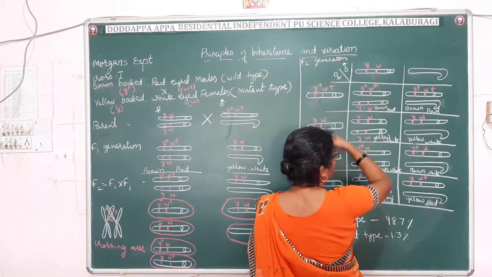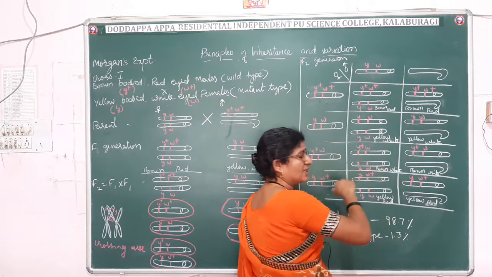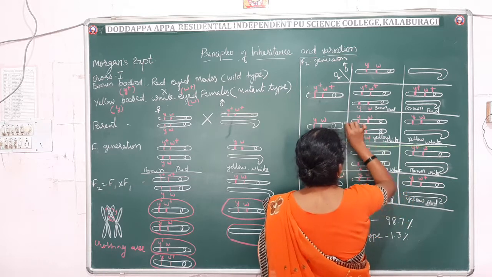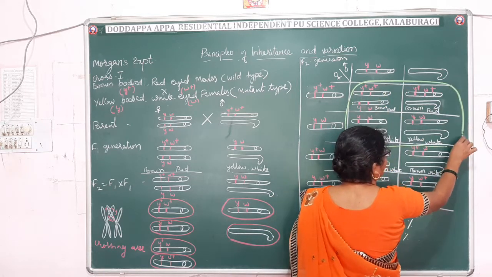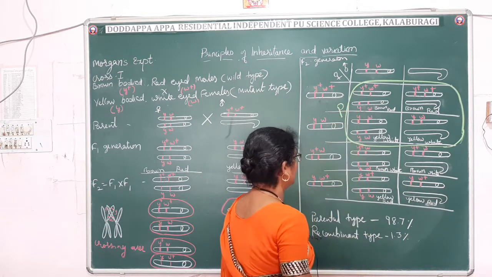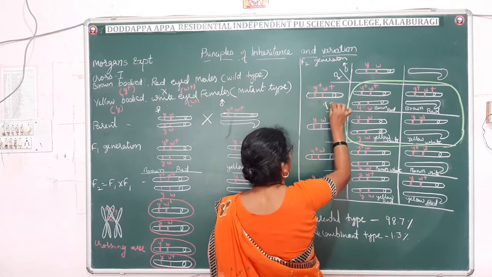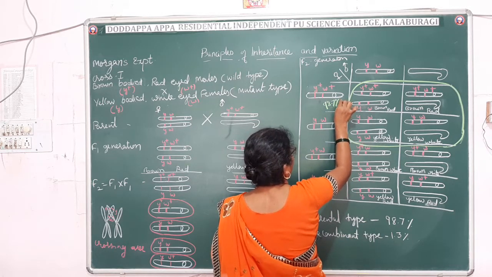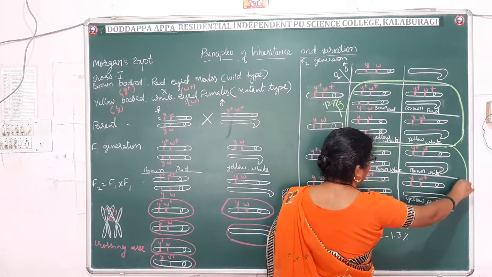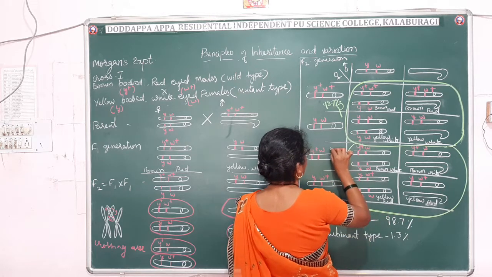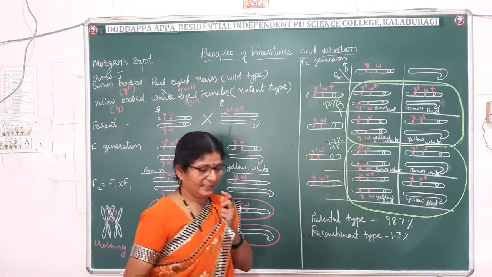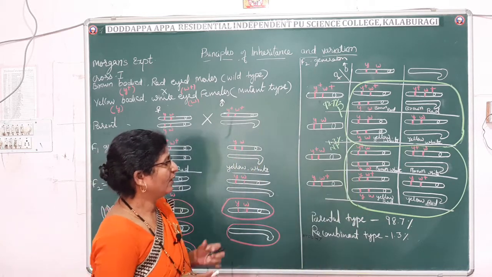You can see brown red is there in the parental type, and yellow white is also there in the parental type. So all, that is 98.7% he got the parental variety. All these were the parental variety. What is the percentage of parental variety? 97.8. Fine. And the recombinant variety, non-parental variety, he got very few. That is non-parental variety, he got 1.3%.